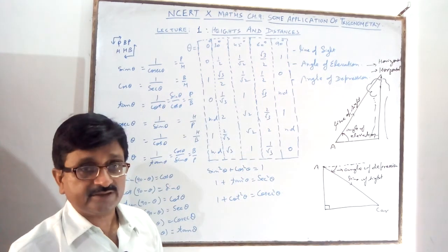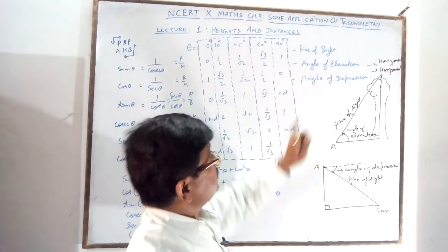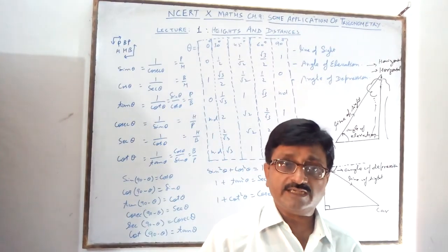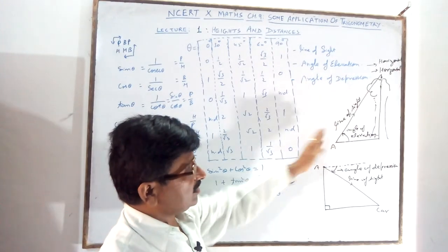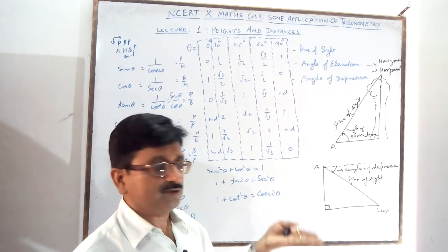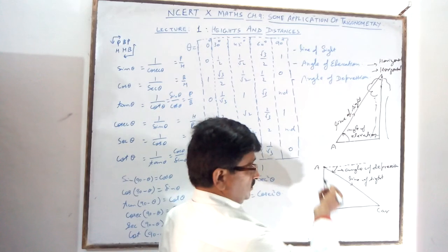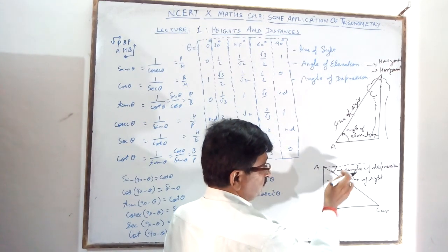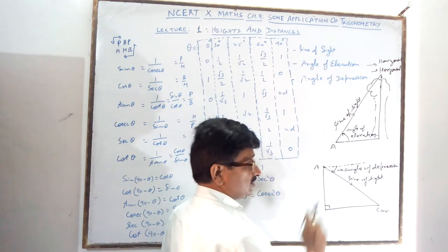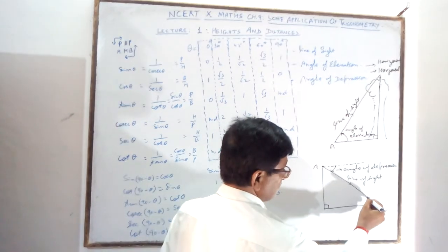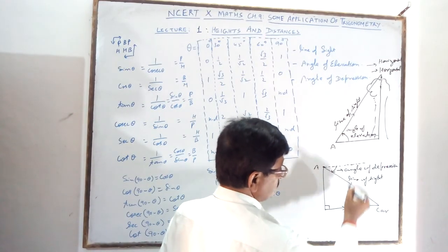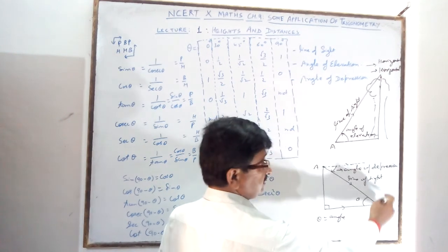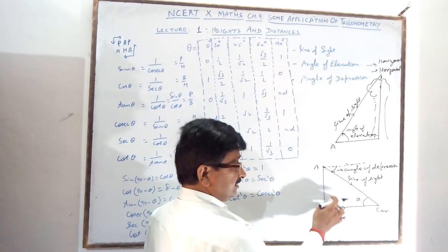It is called angle of elevation. Both the angles. This chapter, height and distance, is totally based on the figure. The figure must be there. If the figure is wrong, it means your solution is wrong, and automatically you will get 0 marks. Generally students make mistakes here. They put the given angle wrongly. Suppose it is theta, because these two lines are parallel, then theta will be the angle of depression. Calculation, because here there is no triangle. Your right triangle is this.